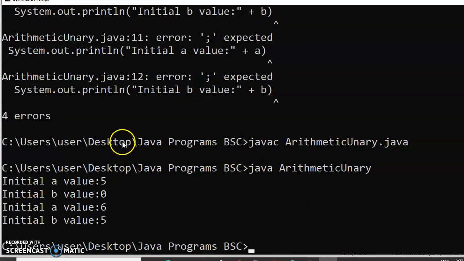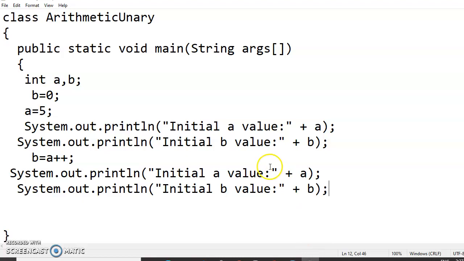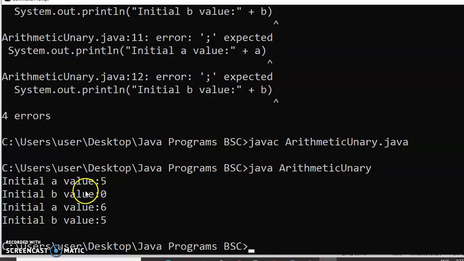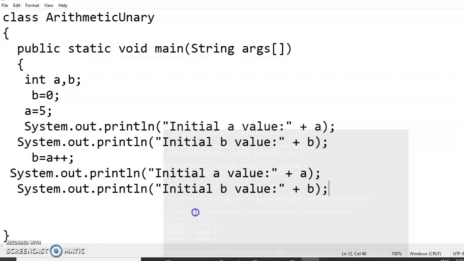Now you see here, this is what I want to explain to you. Look at the program. a is equal to 5, b is equal to 0. So a value is 5, b value is 0. After a plus plus, the value is 6, so the a value has increased by 1.